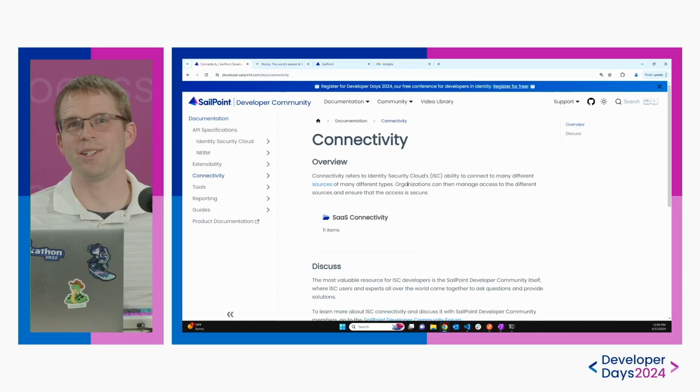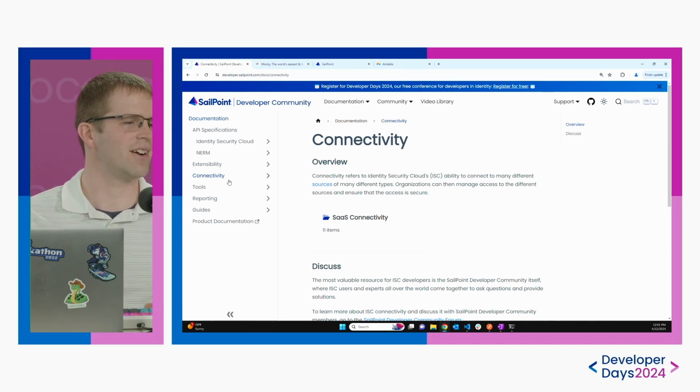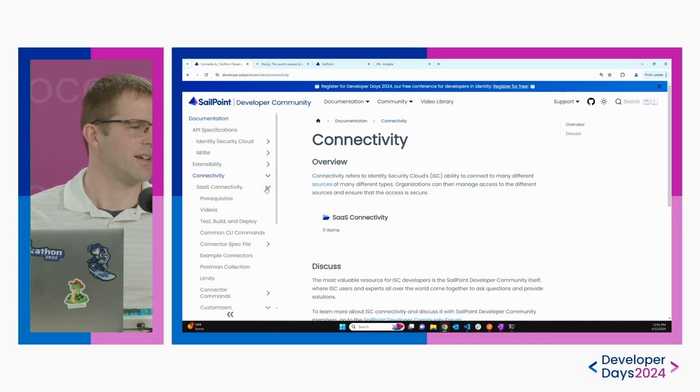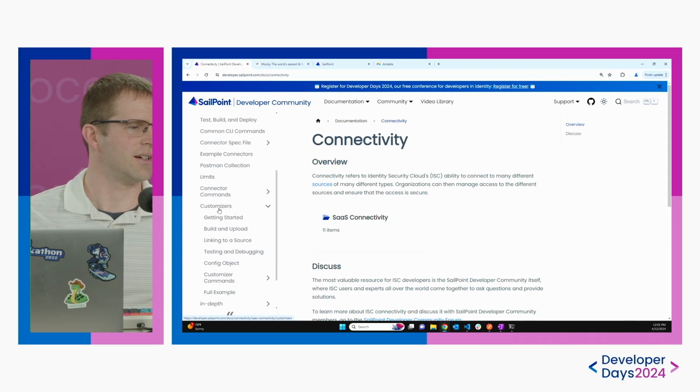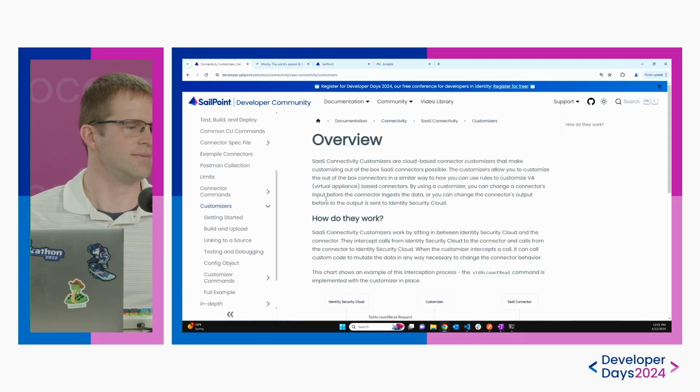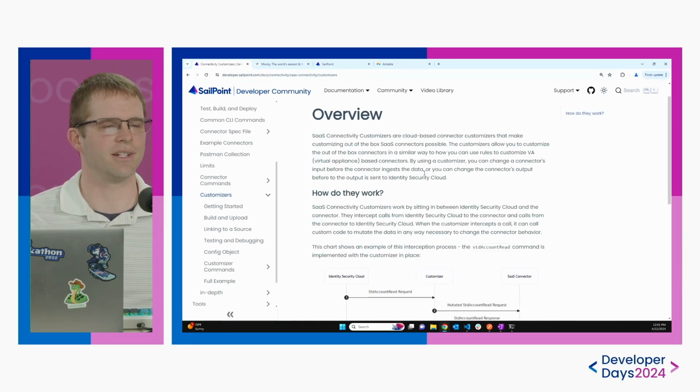The first thing I'm going to do is dive right into the docs and talk about what customizers are, how they're different from a SaaS connector, and when it's appropriate to use them. So let's look really quickly. In our connectivity space, I can open up all of SaaS Connectivity, and inside of there are the customizers. If I click on here, it gives you a nice overview in the